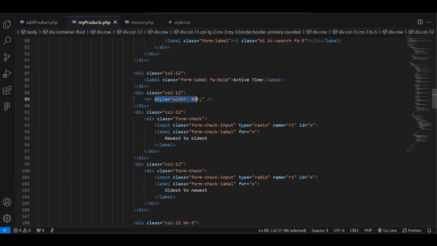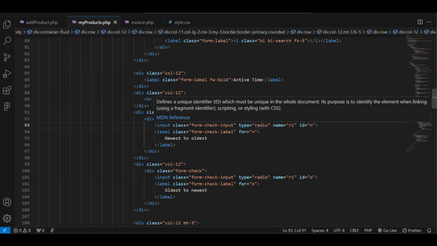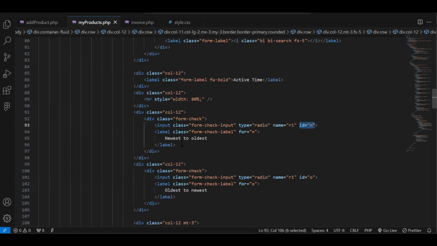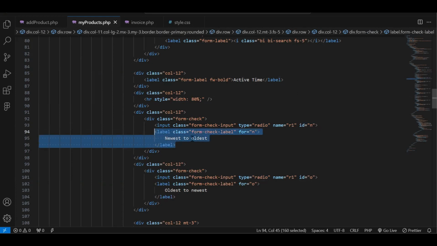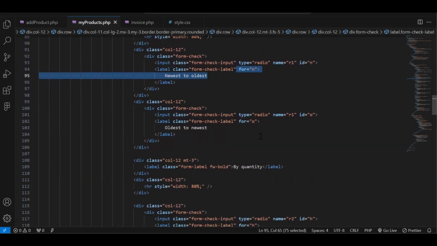I have given the width as 80%, and then here I have used again an input tag with the class as form-check-input and the type as radio, that's the radio button, with the name as r1 and the id as n. And then here's the label related to that with the text as newest to oldest and with the class as form-check-label. And then similarly in the next label with the text as oldest to newest,